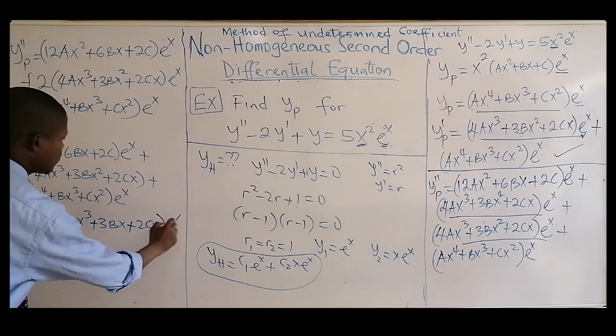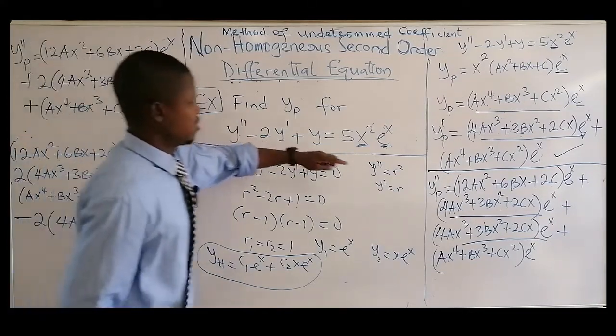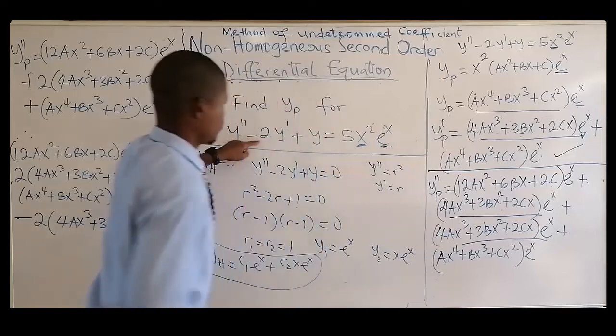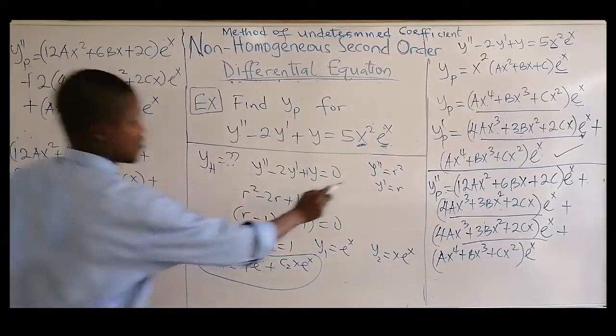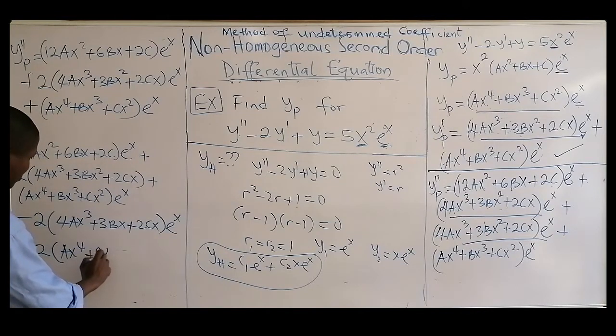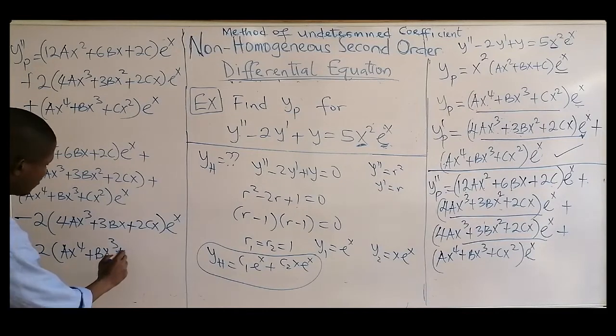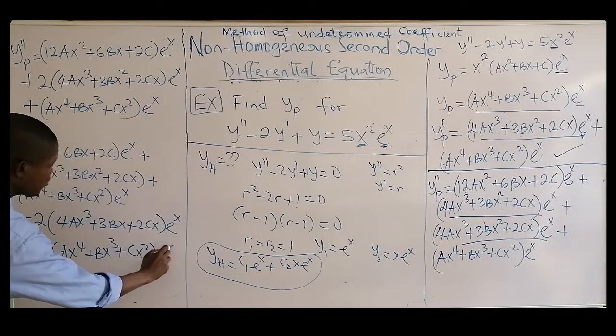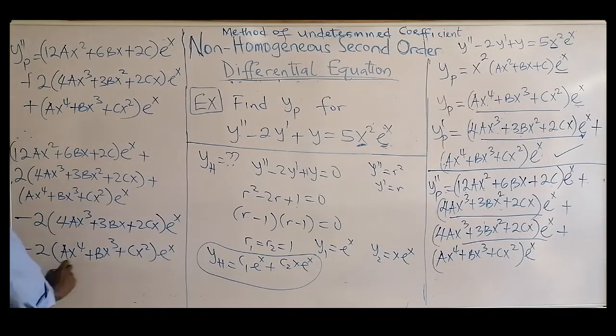Then this is a plus, so that minus will also affect the second part. So that will also be minus 2 into bracket ax⁴ plus bx³ plus cx², eˣ, and then plus